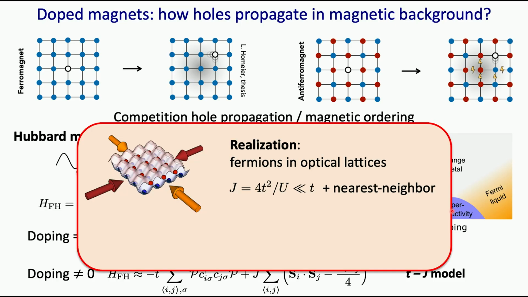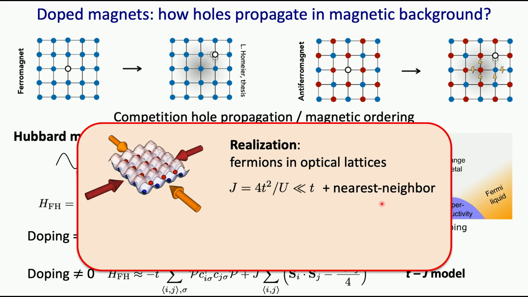Of course, there is a platform which is very natural to study this kind of thing: atoms in optical lattices. I'm sure we'll hear about that from Markus Greiner tomorrow. People place fermions in optical lattices, and you do have this kind of effective coupling, the super-exchange coupling, 4t²/U. But the point is that naturally, in optical lattices, the interaction is nearest neighbor. And that's a bit of a problem if you want to precisely enter the phase which is the interesting one,